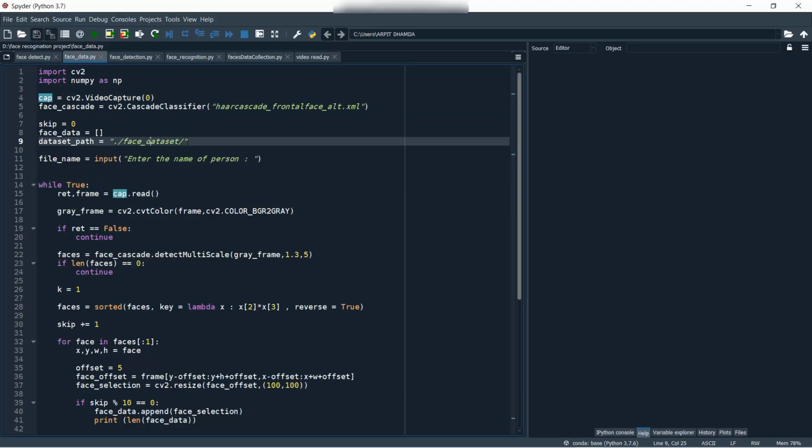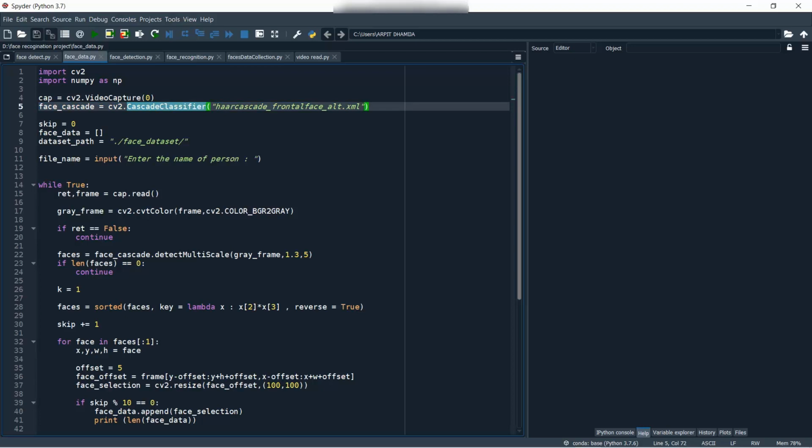After that, as I showed you in the previous video, we use a Haar cascade classifier that classifies the facial components of the face. We have imported this Haar cascade classifier into this variable, and this is the location of the classifier.